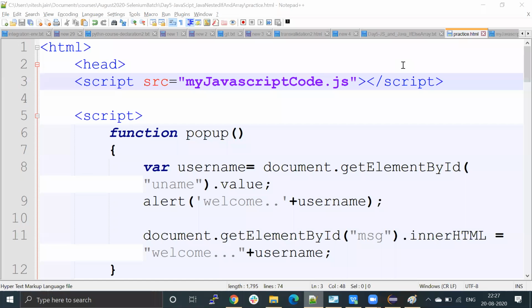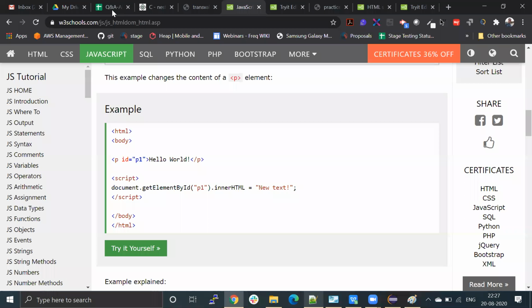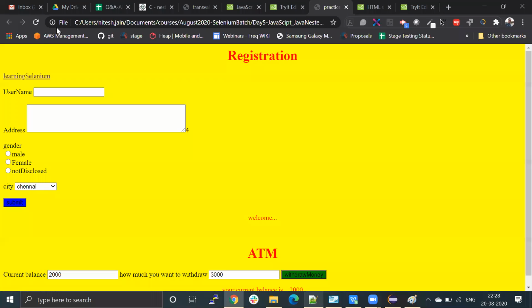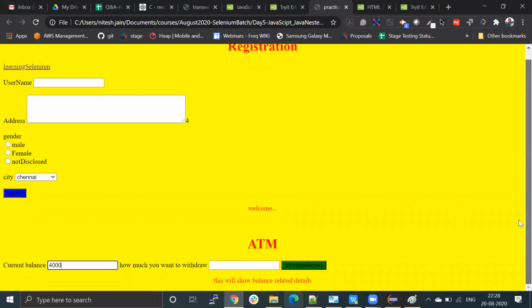Okay, let's check whether that is working. Going to our practice, refresh. This part we have to check only. Other thing is fine. 4,000, and I have not clicked it yet. Let me click now. Oh, it's not working. So there is something wrong. There is something wrong we are doing. Okay. Hmm,